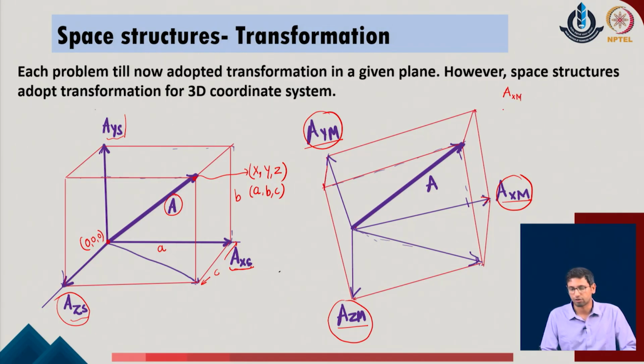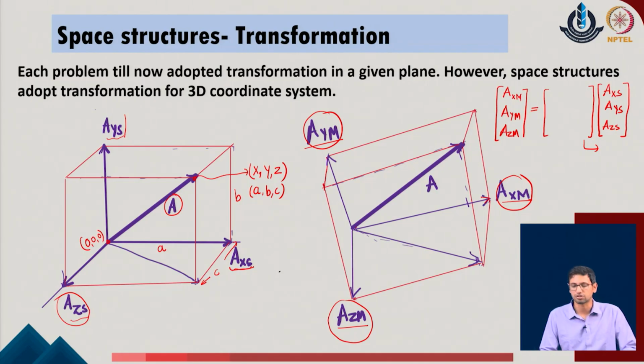So, I can call it a of xm, a of ym and a of zm, which are the three components in the member coordinates or the member directions, and what are their relationship with respect to the components in the structural system, which are a of xs, a of ys and a of zs in the given system. So, of course, there is necessarily a 3 cross 3 matrix which will be connecting these three components for the member and the structural system, but our understanding now is what this rotation matrix is which will connect the two systems.